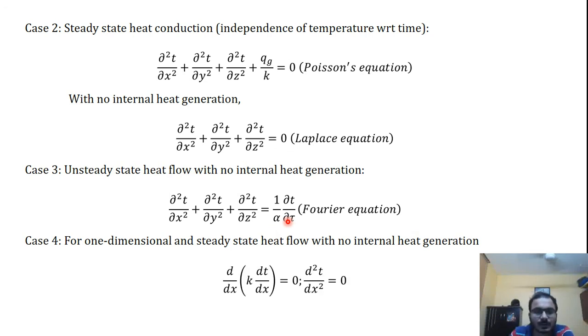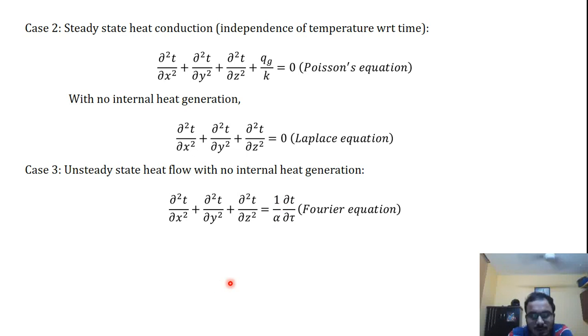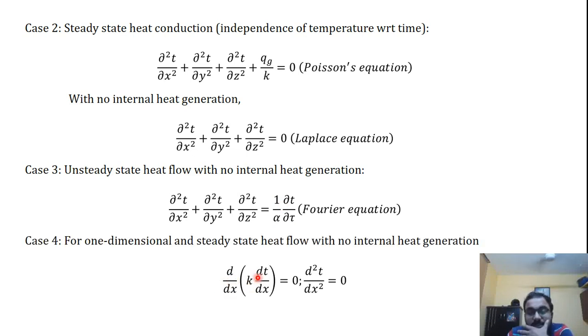So it will result in this equation. This is from the first equation of our theory, that is general heat conduction equation. If other directions are not there, then the y and z terms are not present. If no internal heat generation is there, then Qg will be 0, and for steady state this time derivative will not be there, so it will result in this equation, and ultimately we are getting d2t over dx square equal to 0. So these are all 4 cases of general heat conduction equation in Cartesian coordinates.